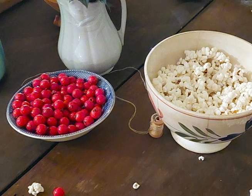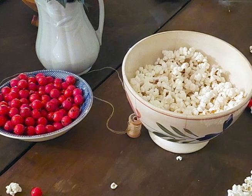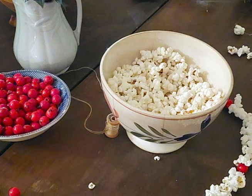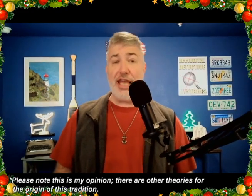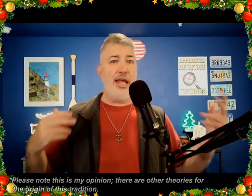learning how to sew. Sadie and Molly would be sitting there, since they were the children, stringing popcorn, cranberry, popcorn, cranberry, popcorn, cranberry, making that garland. And of course, being kids, they probably were eating more popcorn and cranberries than they were stringing, but I think that was a tradition that got going because it gave the kids an easy thing that they could handle, but that was also festive and beautified the